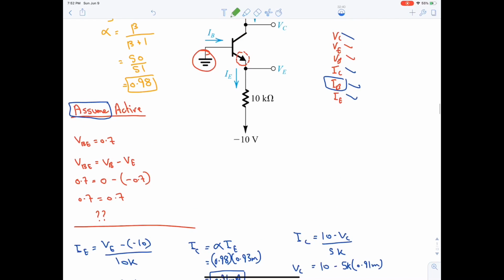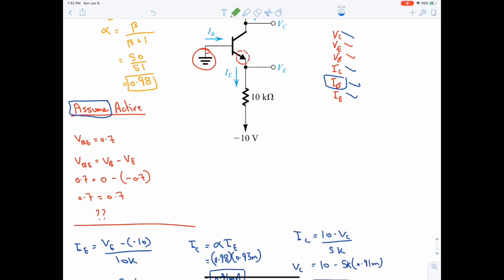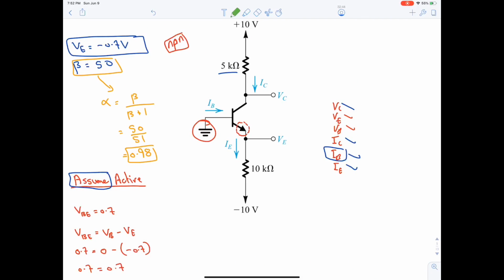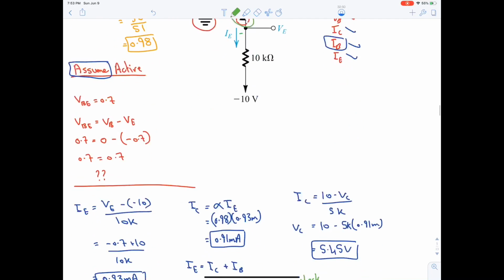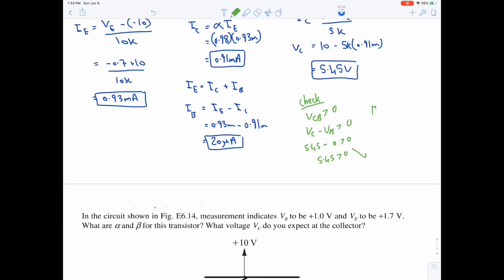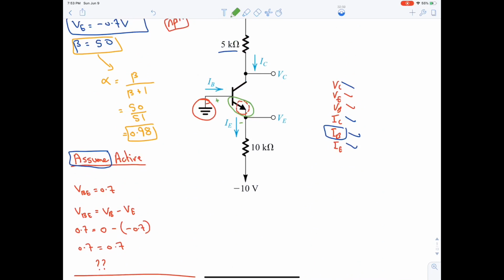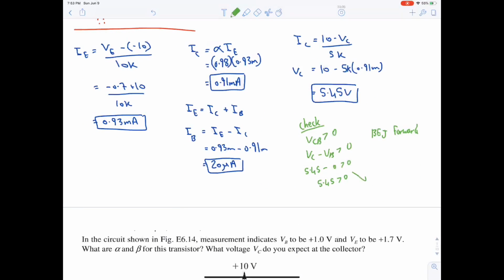Now, which junction is forward and which junction is reverse? The junction with the arrow is always active, so it will be VBE. BEJ is forward, and reverse is the one opposite to the arrow, so it will be CBJ, reversed. Okay,